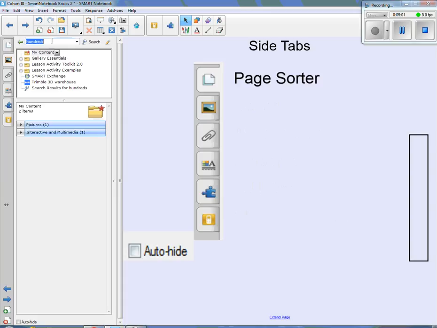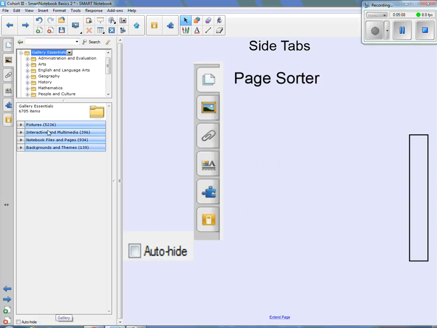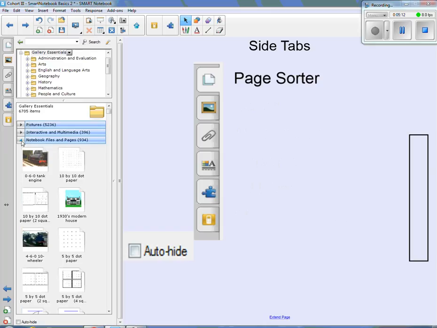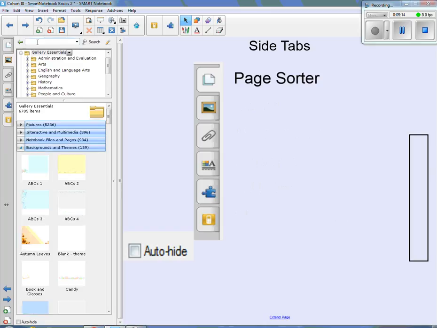So once again, you can search for all the different content. If you go back to Essentials, those are all the categories of everything. Backgrounds, there are different background themes you can use. So that's another one I like to show you. I would usually search for handwriting,